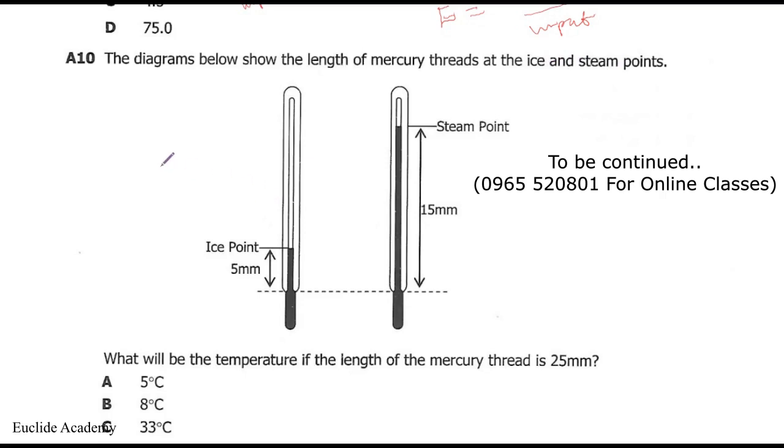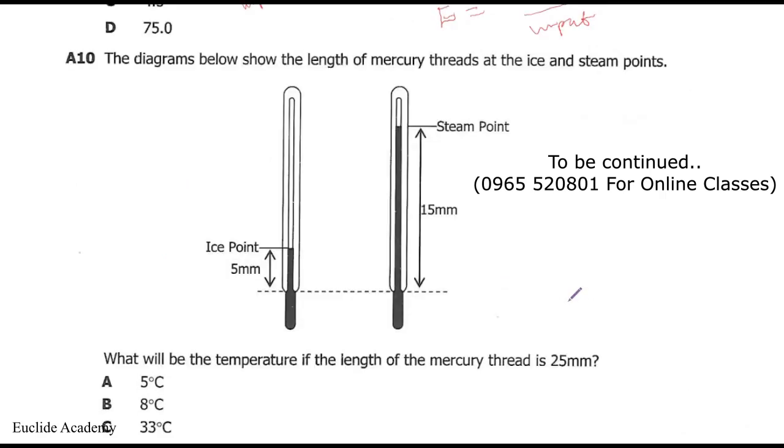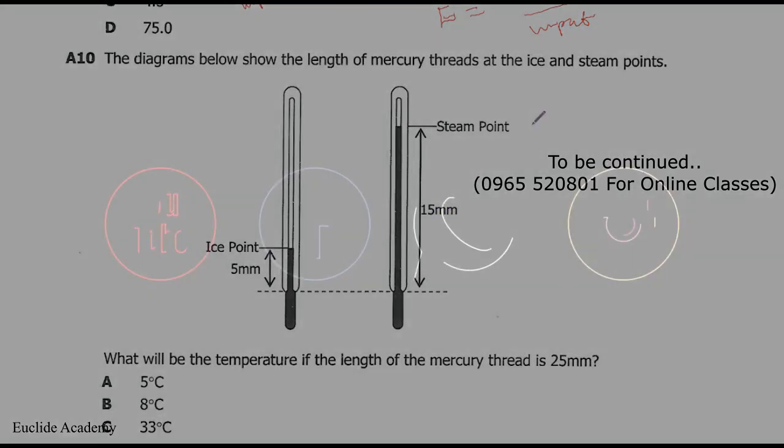What will be the temperature if the length of the mercury thread is 25 millimeters? For question number 10, the way I'll do it, it shows the length of mercury threads at the ice and steam points, so I'll find the difference of the mercury threads. First we have at ice point 5 meters, then it goes all the way to steam point at 15 meters. So we find the thread difference. So the difference